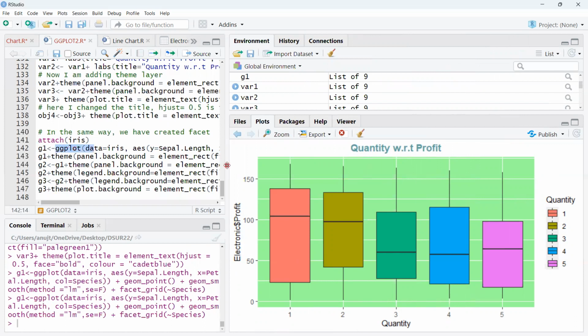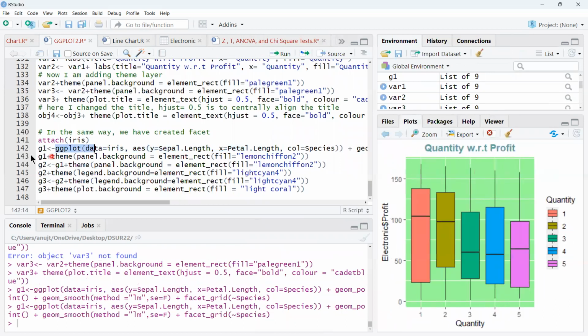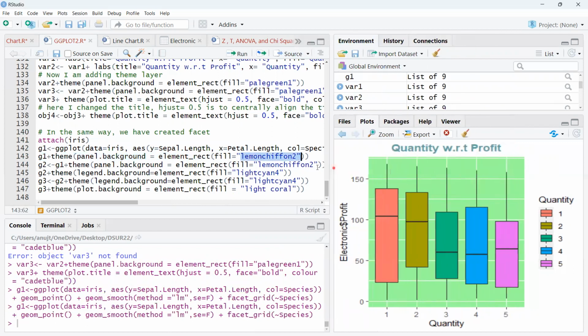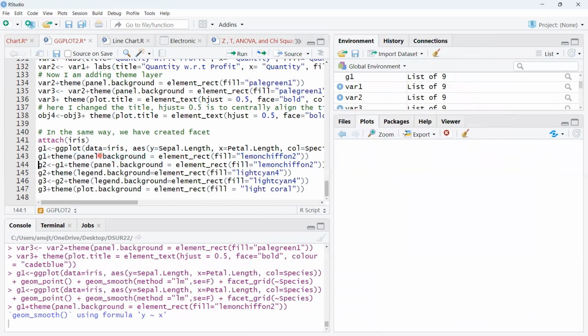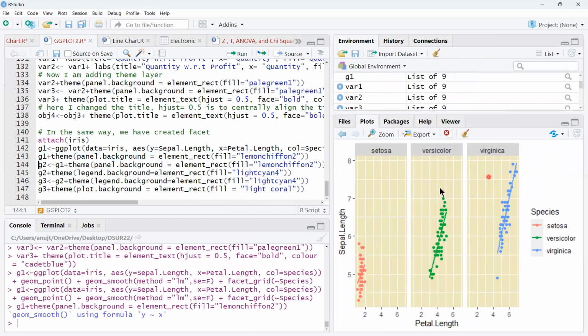Now I am adding themes and everything on G1. So G1 plus theme, panel background, rectangle, fill the background with lemon chiffon 2 color. So now if I run this line, now see the panel background. Now all this line of code, I'm putting it into variable G2. And in G2, I'm adding theme, legend background, rectangle fill with light cyan 4. And if I run this line,